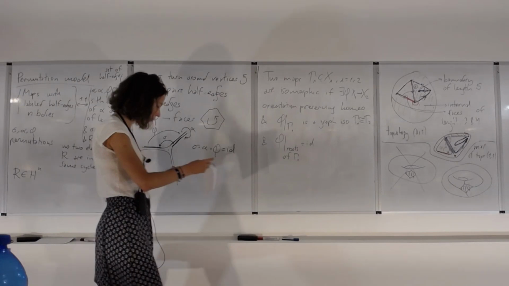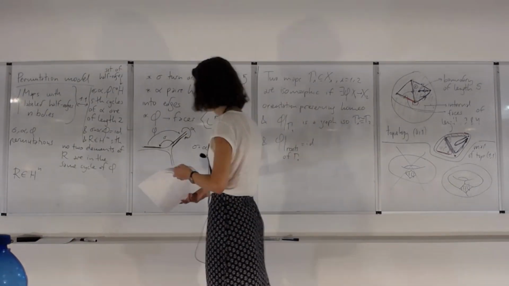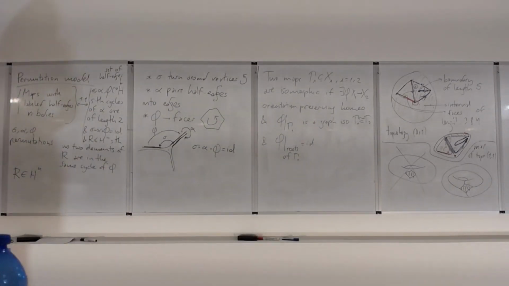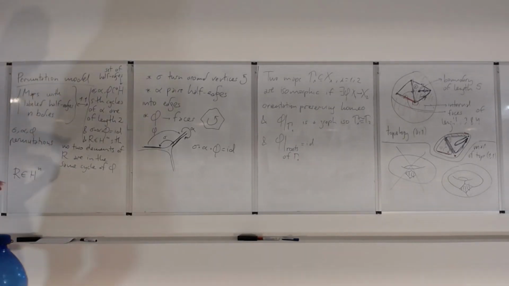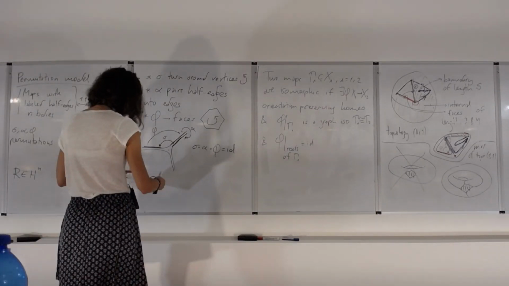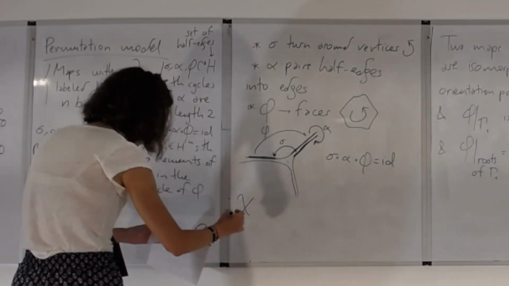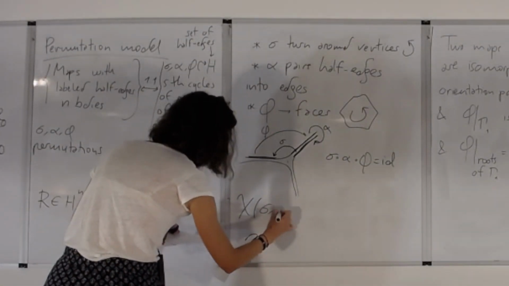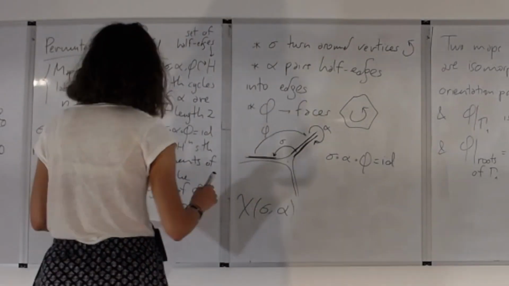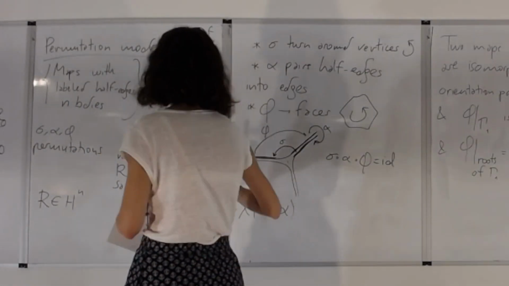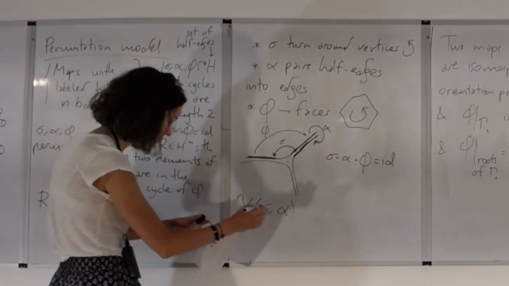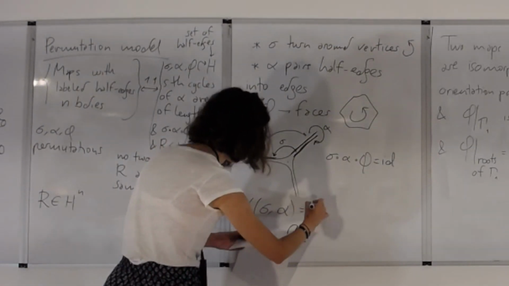Okay. Finally, we can say that the Euler characteristic of these combinatorial maps, now I'm calling combinatorial maps this permutation data,